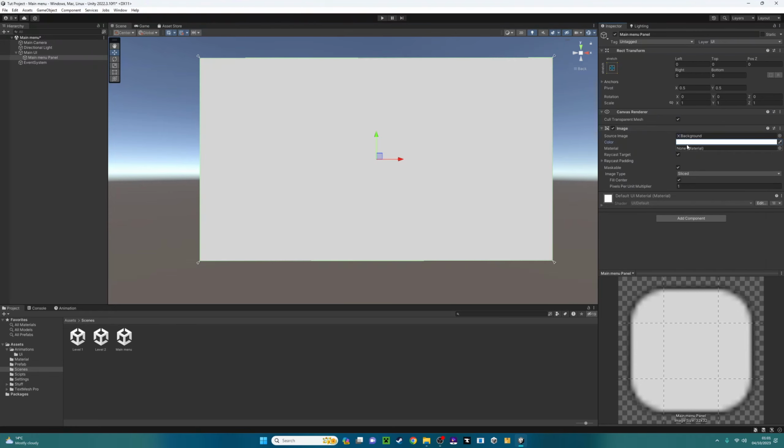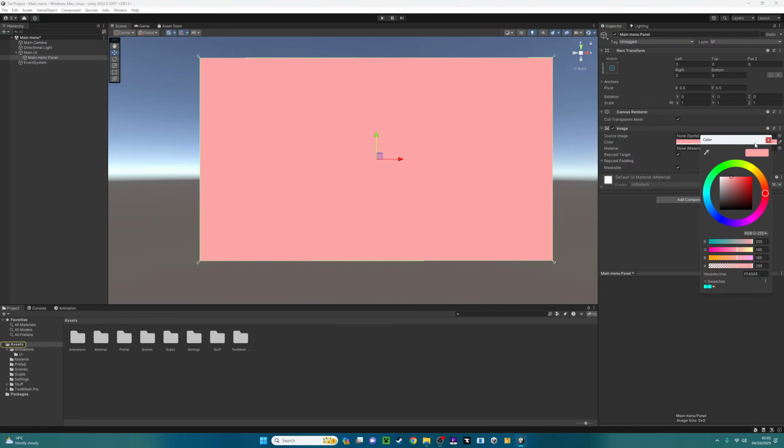Obviously you can change the colour. That is just how the edges will look. If you want to use a picture,